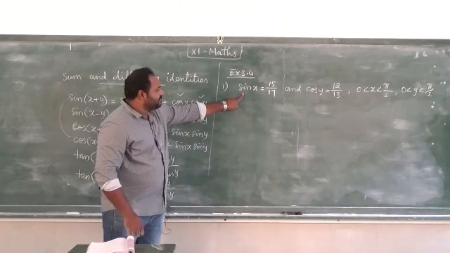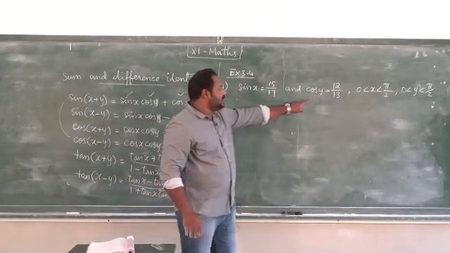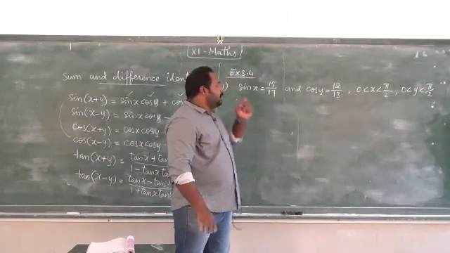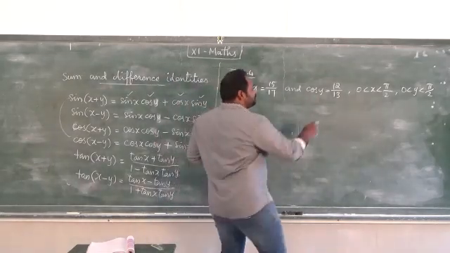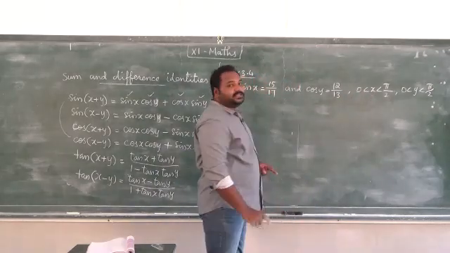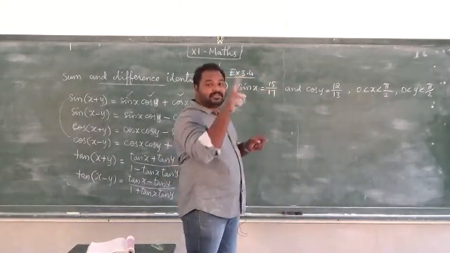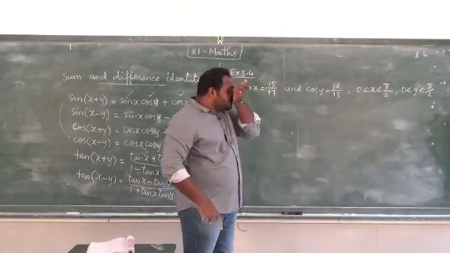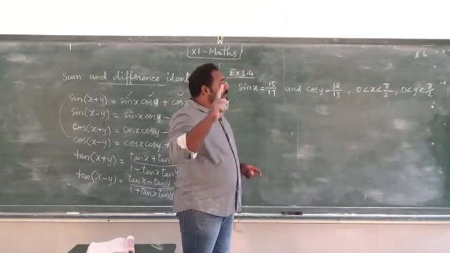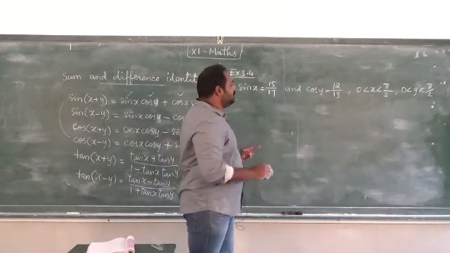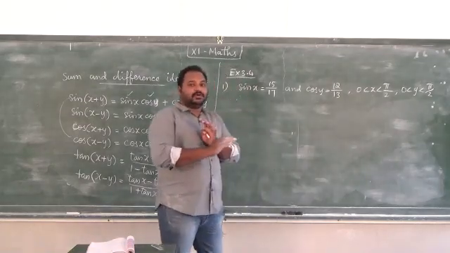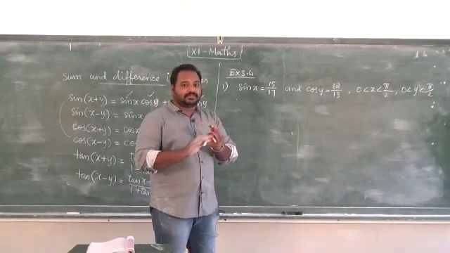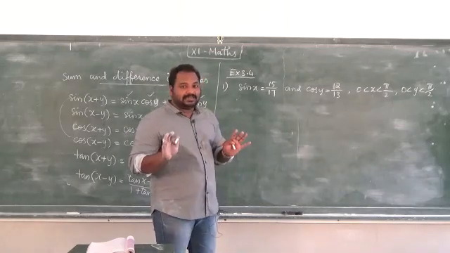By using this we can find out the cos y value. By using this value we can find out the cos x value and sin y value. Here conditions are given. X belongs to 0 to 90 degrees, which means it occurs in the first quadrant. Similarly, y also belongs to 0 to 90 degrees, so it occurs in the first quadrant. For values in the first quadrant there is no sign change because all are positive. There is no negative value in the first quadrant, so we don't worry about the sign here.